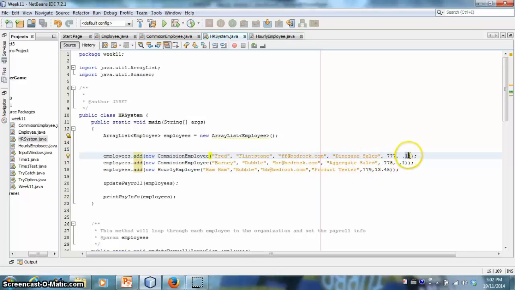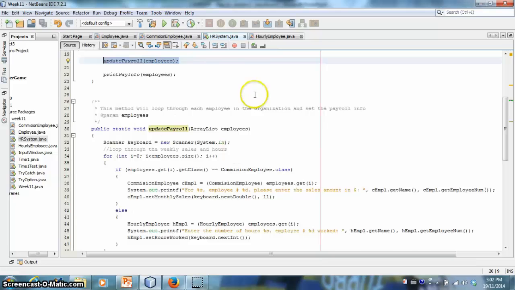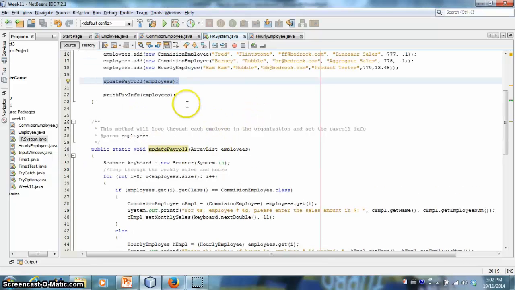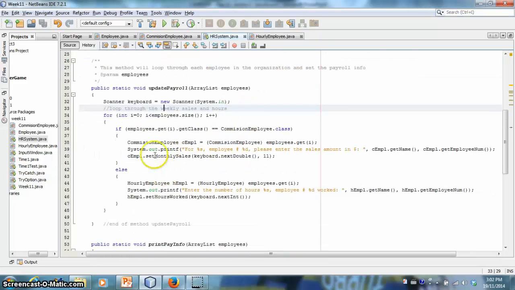So you can see here, these guys get a 10% commission on whatever they sell, whereas Bam Bam gets $13.45 per hour. And I created a method that says update the payroll. So what this will do is it'll actually loop through each employee and prompt the user to provide payroll information for them. And the way that I did that is we pass in the array list of employees, and then